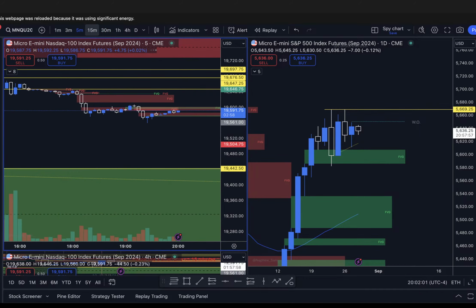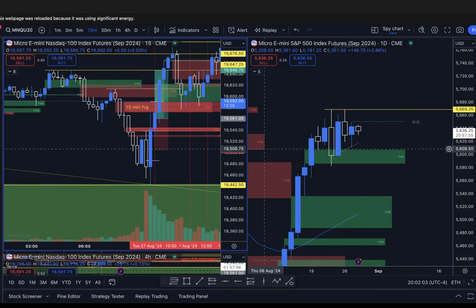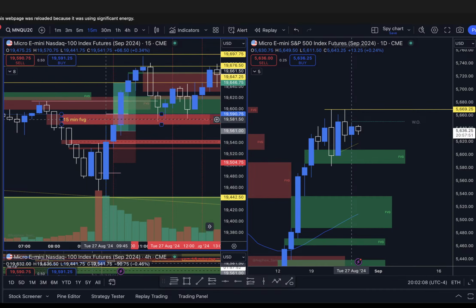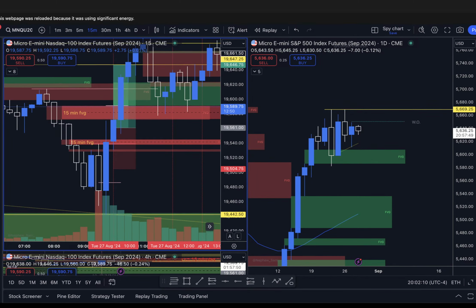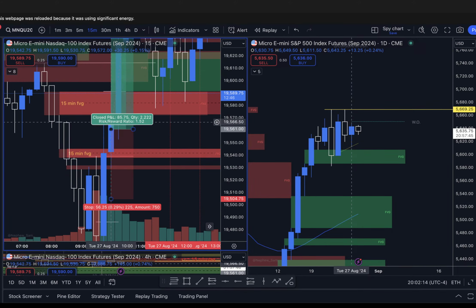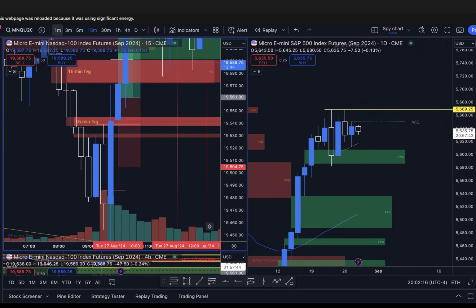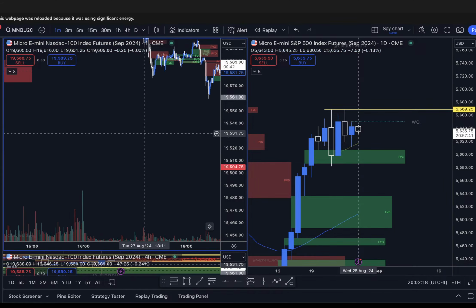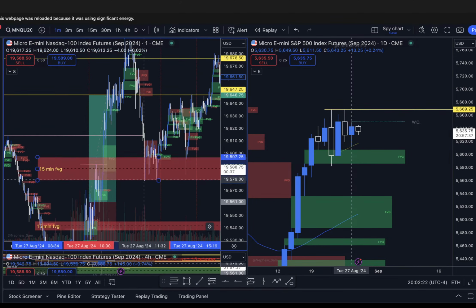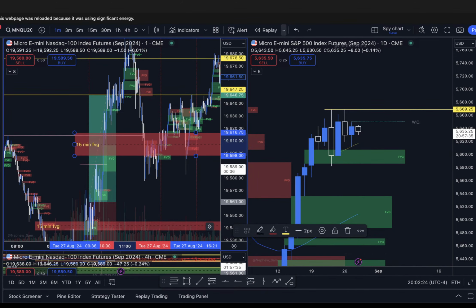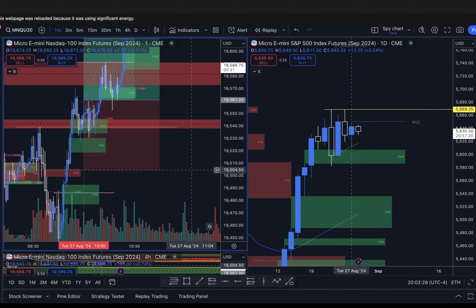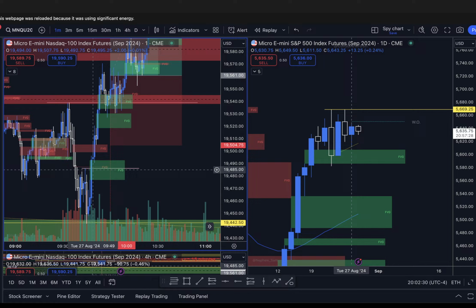So I got in on the 15-minute chart. I got in early, but once we inverted this fair value gap and this one, I was like, oh, we're good. Once we inverted this one, I got in, but this candle was not filled yet. But once I went down to the 1 minute and the 5 minute, we had market structure shifts on both. So by the time I got on at 10 o'clock, this is what we had. At 10 o'clock, the market structure shift was already down there.